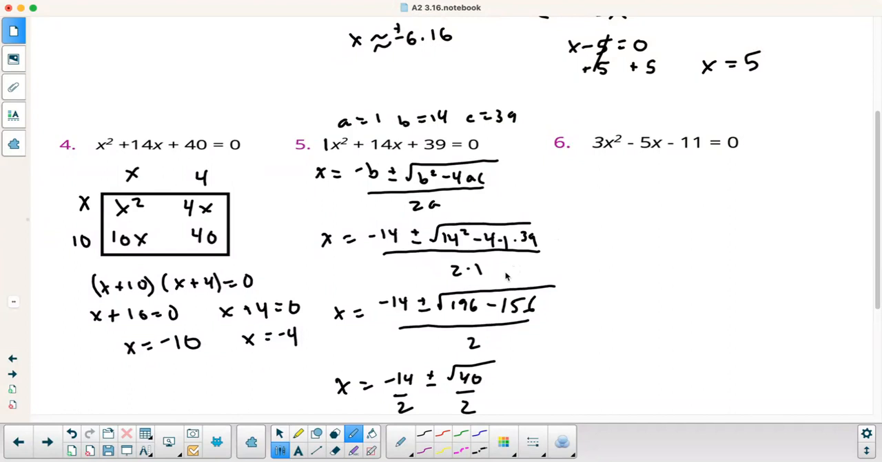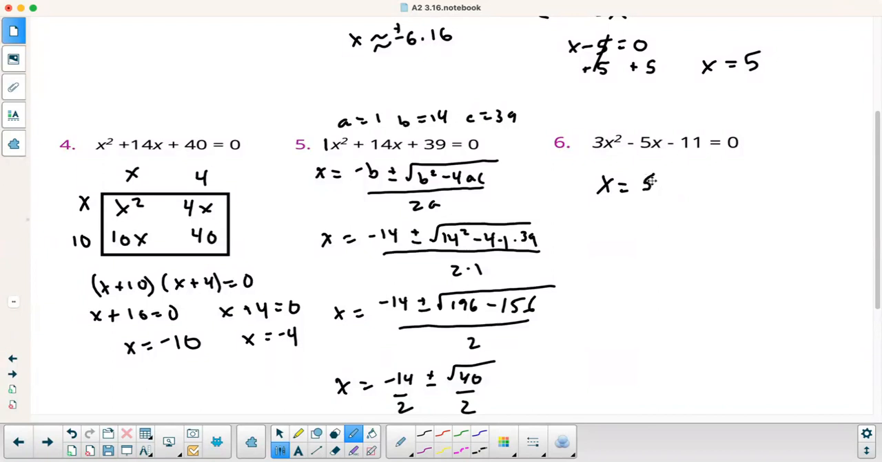Oh, I should have completed the square on that one because this is going to get ugly. This is going to get ugly to complete the square on that one. I don't know why I'm so mad at myself. I'll tell you what, I'm going to do the quadratic formula on this one, and then I'll go back and I'll complete the square for number 5. So